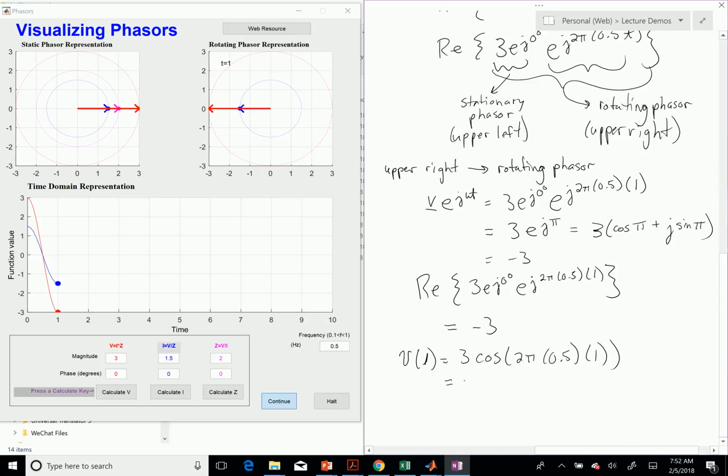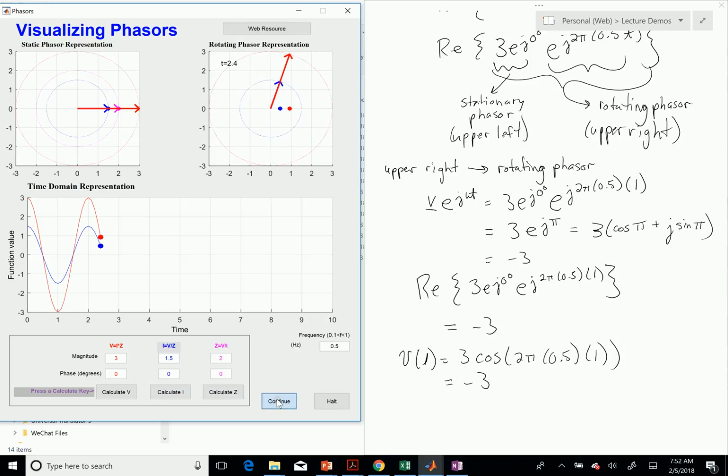I see that I get -3. Okay, so let's look at a couple of things here. So for this rotating vector, I see that it's basically pointed over here with a real part of -3, and I see that the time domain vector is also at -3. Okay, so let me continue to run it a little bit,